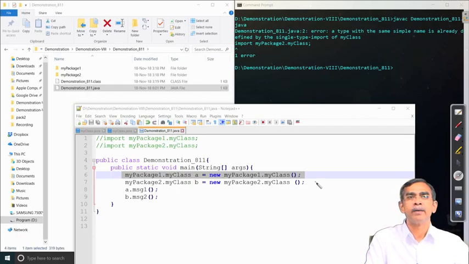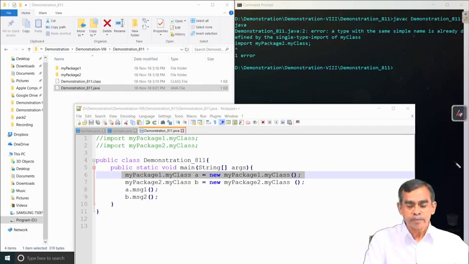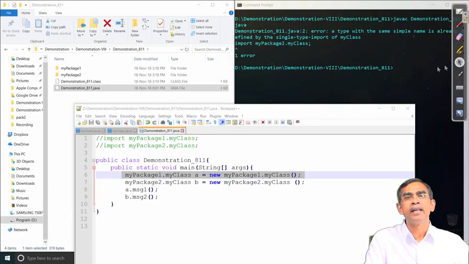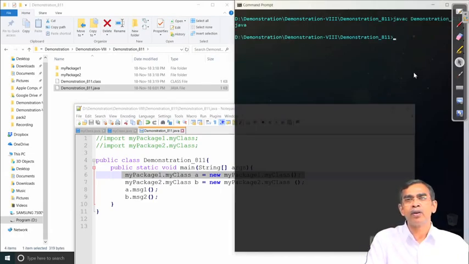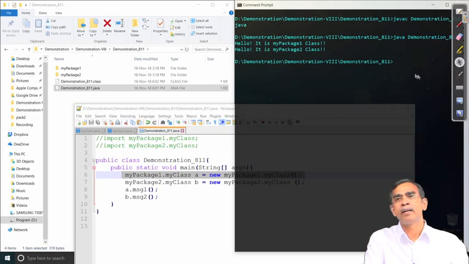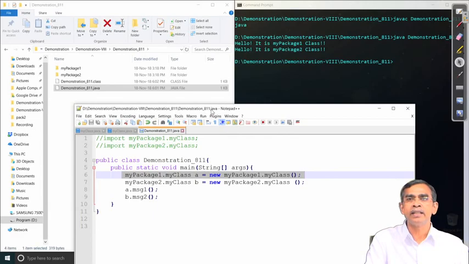Now, if we run it after saving, let us compile, and then we will see A.message1 and B.message1. It is resolved, although they belong to different classes having the same name, and they are accessible here. The compilation is successful and we run it successfully. This is the way out. So, you can understand that the same class name can be used, but while using it in your program, we have to use the fully qualified name to avoid the collision. This is one example that we have discussed.